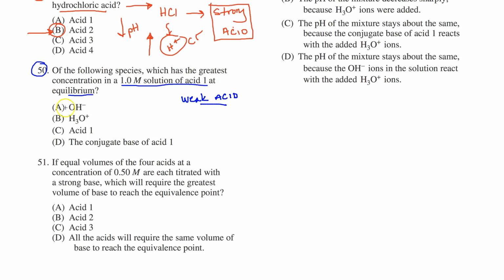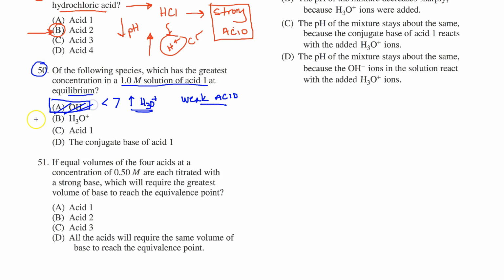Well, first of all, we can't pick A because A is the hydroxide. And even though it's a weak acid, the pH is still way below 7. Anytime the pH is less than 7, we should know that there's more H3O plus or H plus than hydroxide. If it's less than 7, there's a greater amount of H as compared to hydroxide. There's more of this acid component of water than base. So obviously it's acidic, so you should have more H pluses or H3O pluses, so this can't be the